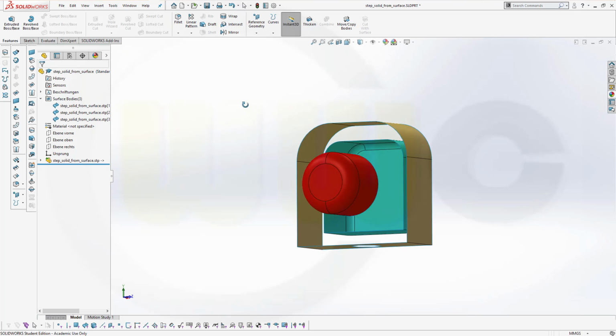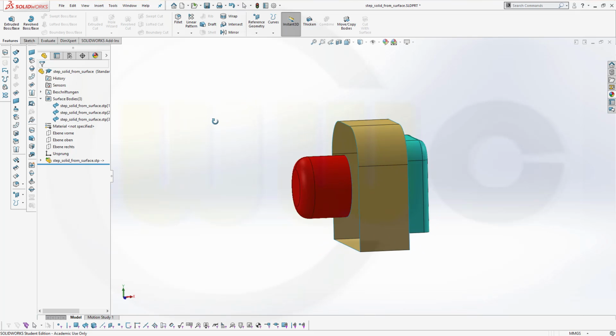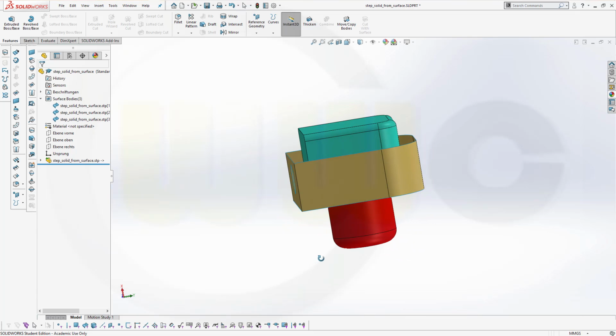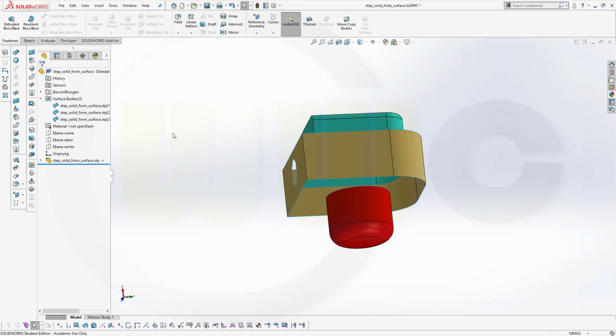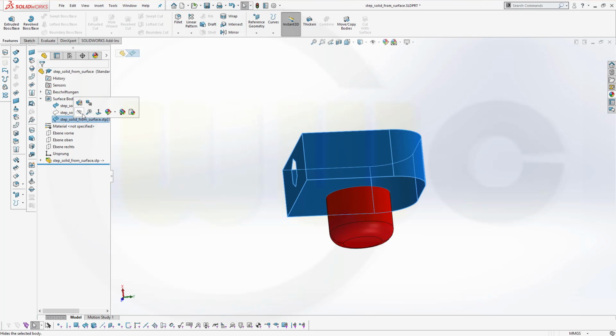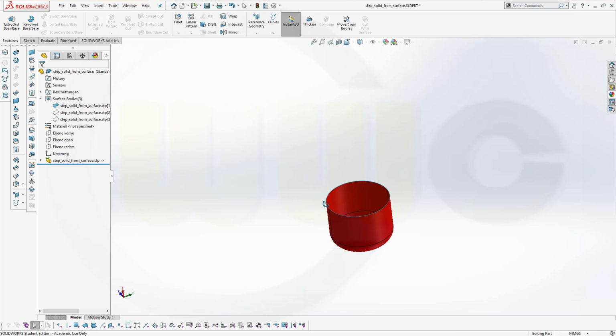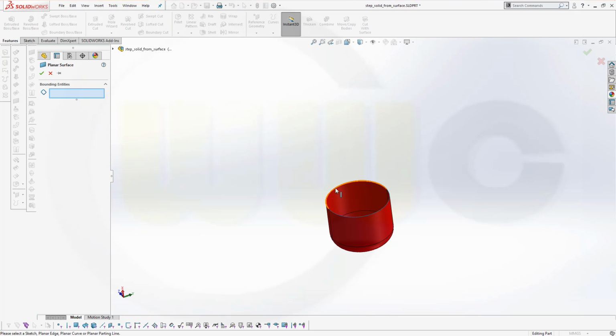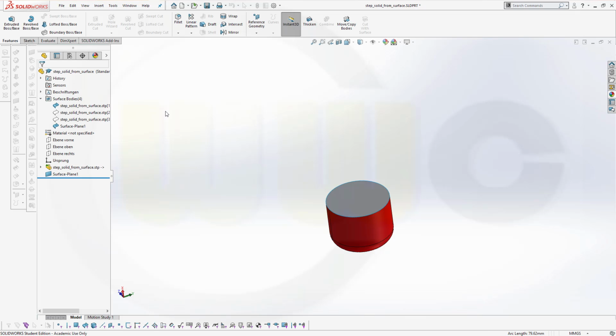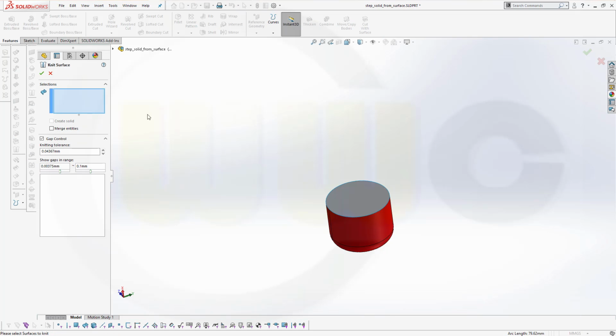The second way to get a solid from a surface is to close the surface. Let's hide maybe this one and that one. Now I could close the surface with a planar surface. Confirm, and then you have to knit it. So go for knit surface,